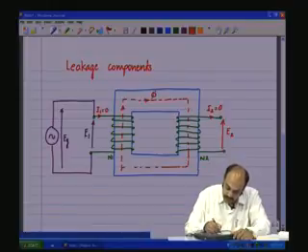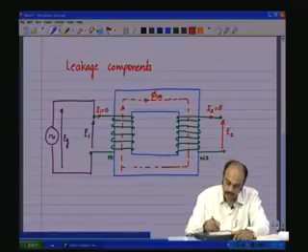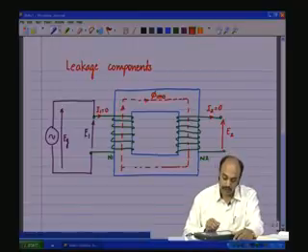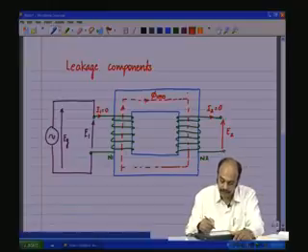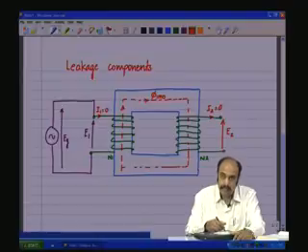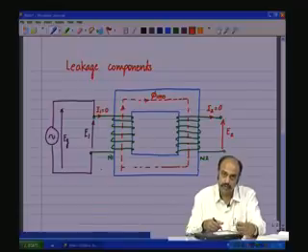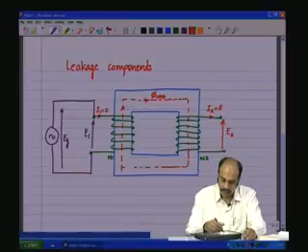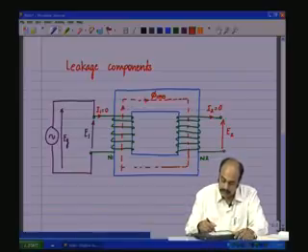Now, this flux phi 1m, let us say, during no load, let us say phi 1m0. Now, this flux phi 1m0 is generated because a voltage source, a generator, is attached to the primary, and as I is equal to 0, there are no ampere turns, Ni is 0. So, there are no ampere turns to generate flux in the air, and therefore, all the flux is only in the core because the permeability is infinite in the ideal case, and therefore, all this flux links with the secondary,